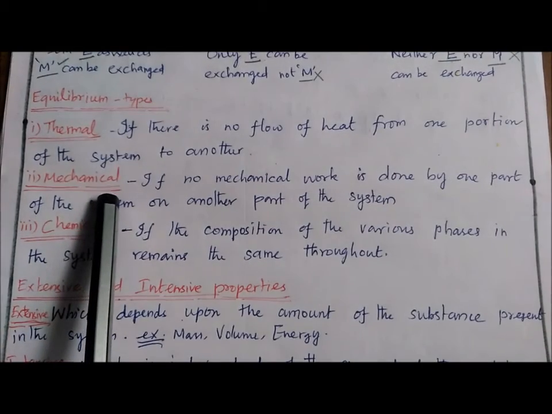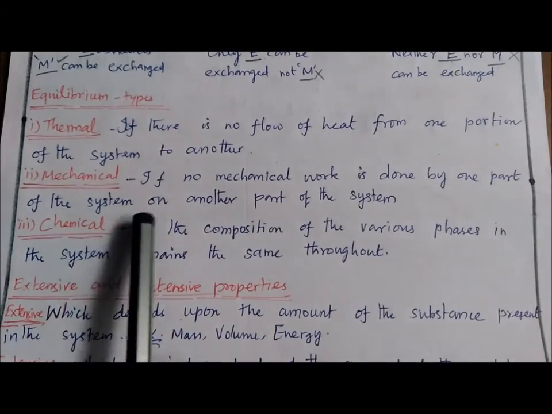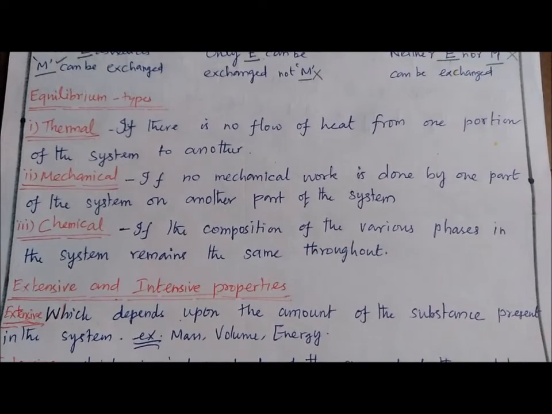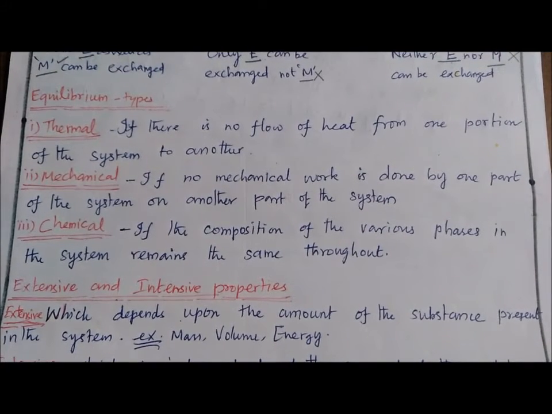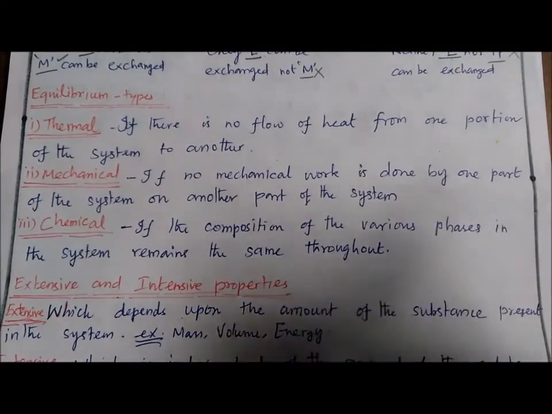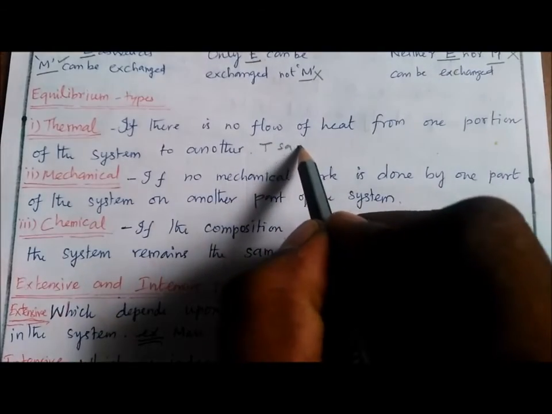What is mechanical equilibrium? If no mechanical work is done by one part of the system on another part of the system, then that is called mechanical equilibrium. A system is said to be in mechanical equilibrium. We could say this is possible when it is possible. Here in the first case, temperature should be the same,